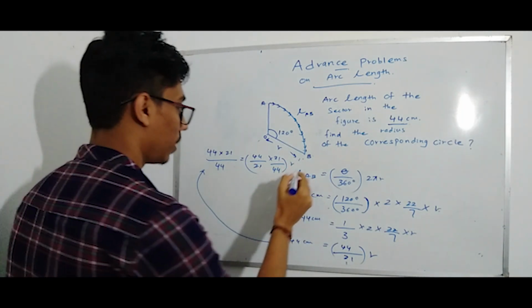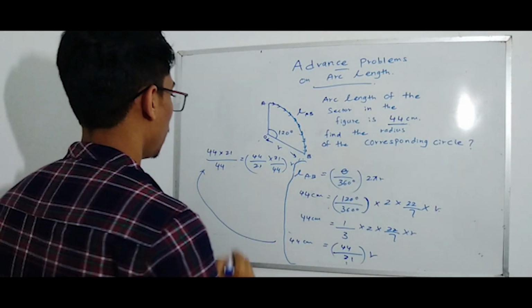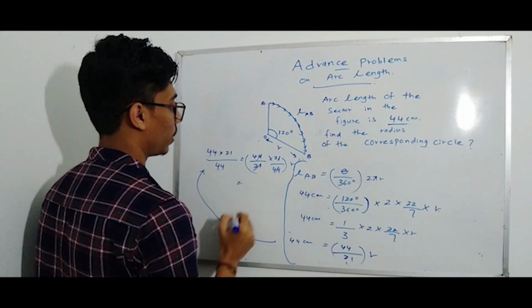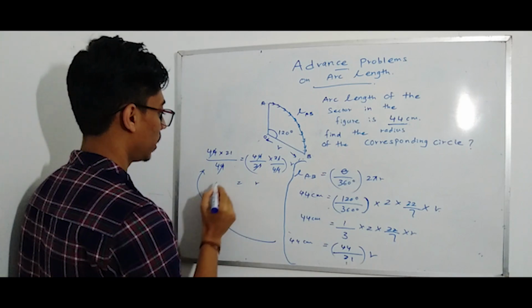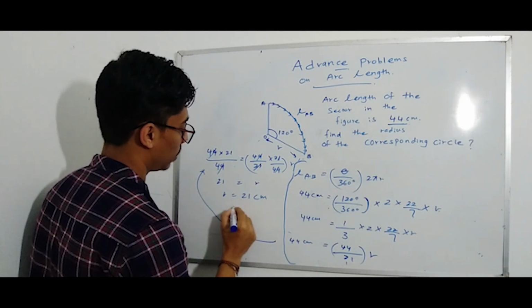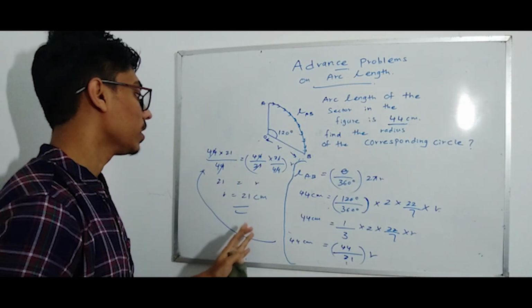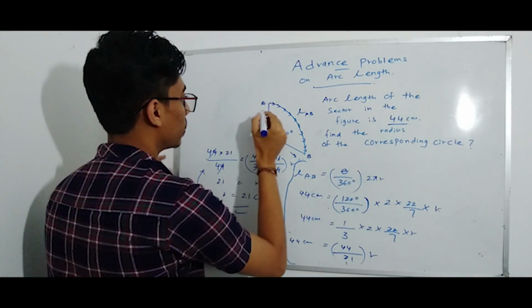There you go. I'll separate this, right? Or else you mix up. We have the r here, and I can divide 21 by 21, 44 by 44. Then I am left with r. Here I can divide 44 by 44. I get 21. Yes, r equals 21 centimeters. So this is the stepwise method to get the radius of this corresponding circle. So we get the radius as, so this length is